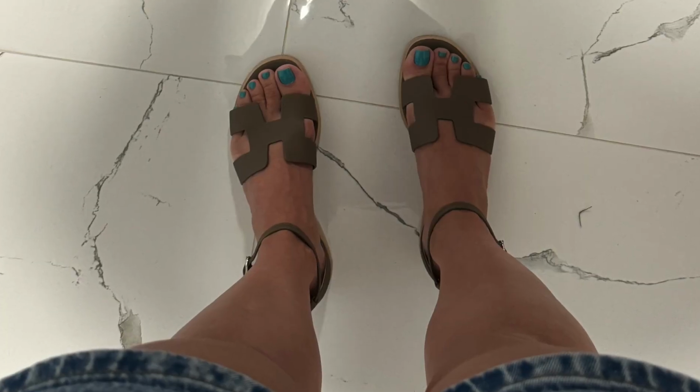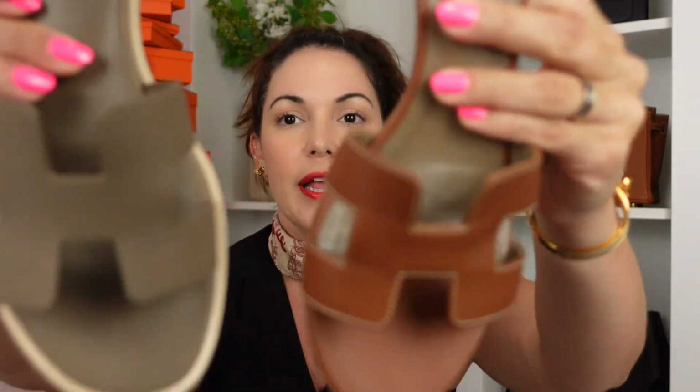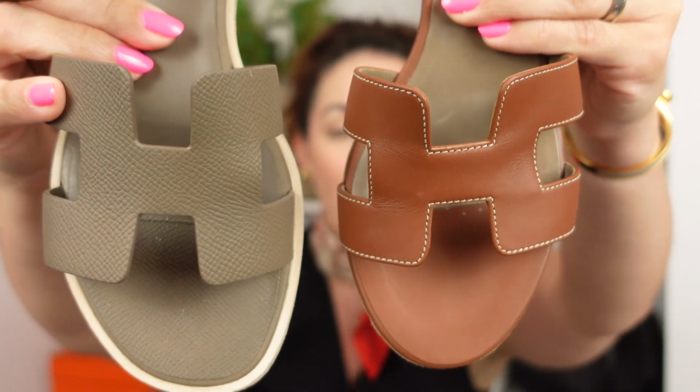Incredible. I have to say that I do think that they offer a little bit of room here in the front, while my Oasis, let me bring them back up, I feel are a little bit tighter. Even though they're still super comfortable, I do feel like they are a little bit slimmer in the front part of the shoe. So for that reason, the fact that the Santorinis actually have a little bit more width to them, I feel makes them more